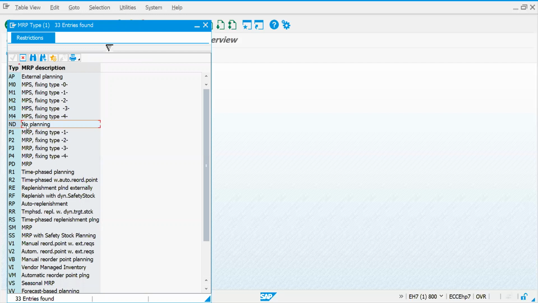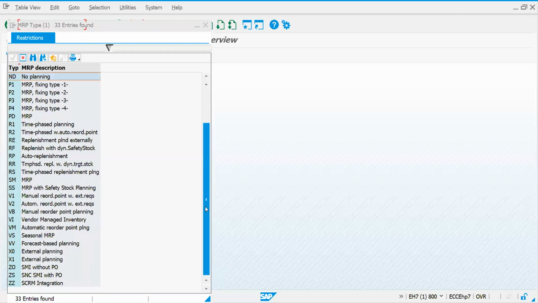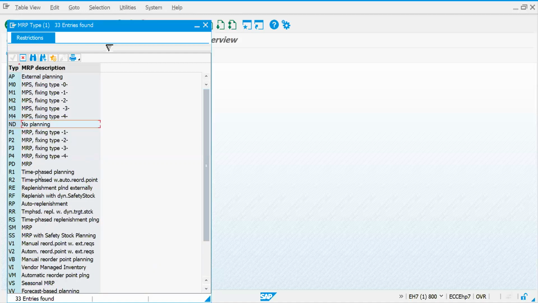I told you when we were discussing the material master. So we'll get into this. What is this MRP, and if it is not planned, different options will be there. All these are related to your inventory and material requirement planning. You got my point, right?